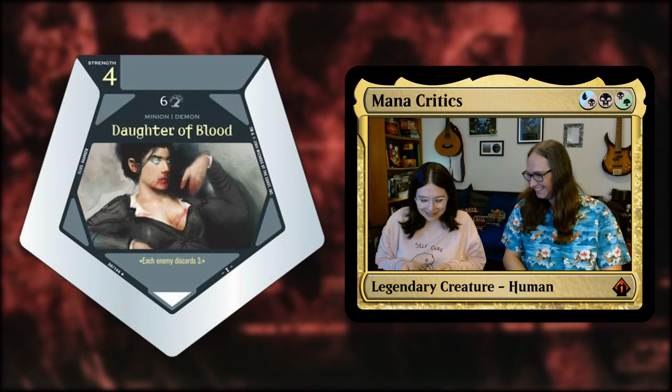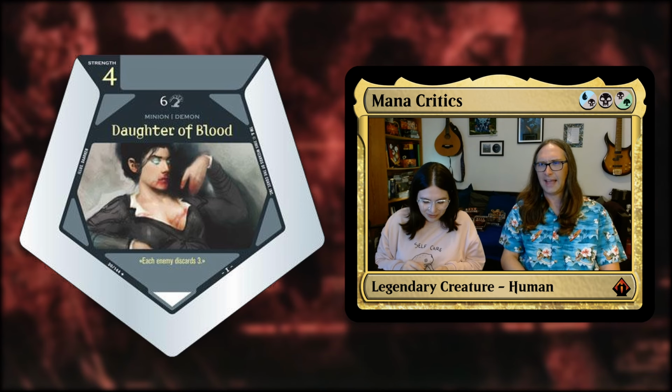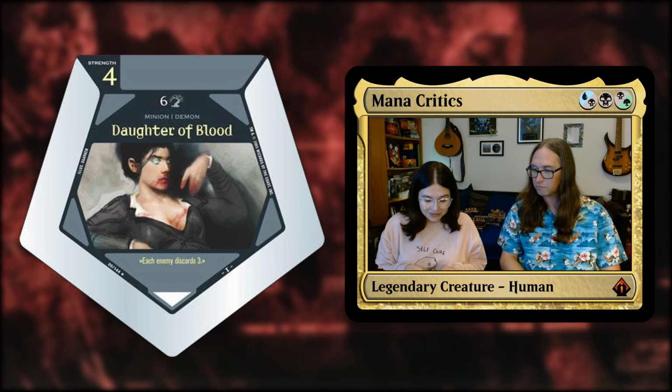Okay, cool. So this is you pay 6, gray, strength 4. Each enemy discards 3 on the trigger. That sounds wild. And we have finally gotten into the uncommons. So this is our first uncommon. Very cool. Yeah. Our next...